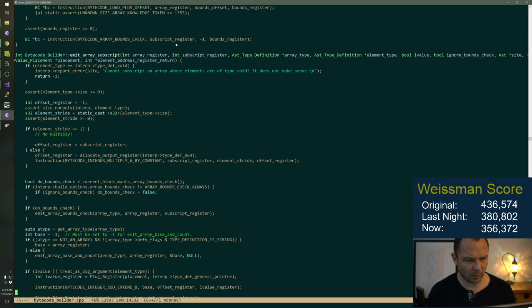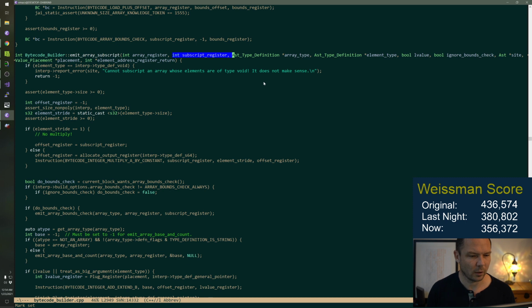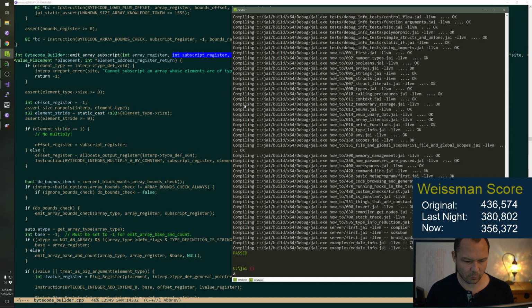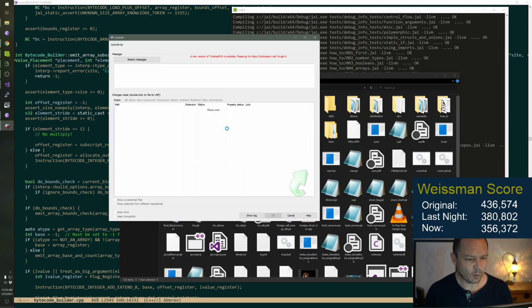But the subscript is unknown at compile time, right? Because a lot of the time you're looping and subscripting. But if you say sub 0 or whatever, in theory, that's not bad. We could do something about it, but maybe that's a better thing for the backend optimizer to do.